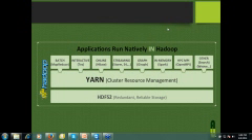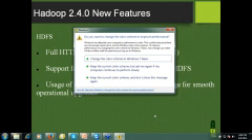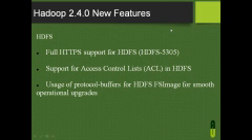If we talk about Hadoop 2.4, it has new features. HDFS will include full HTTP support, and it will support access control lists, ACL, in HDFS also. This is a new feature inside Hadoop 2.4.